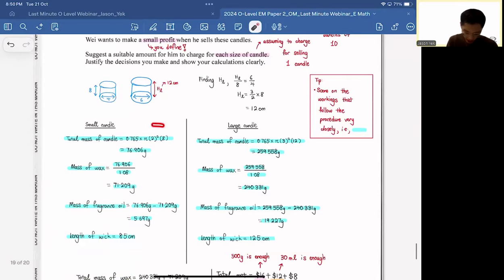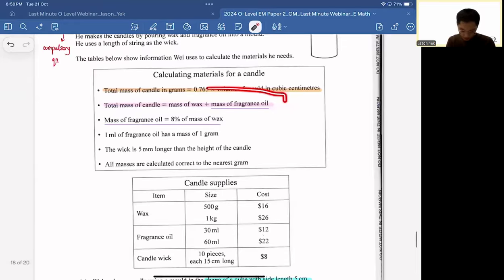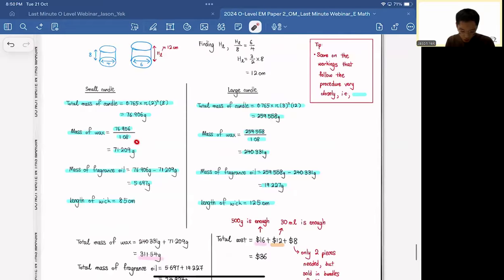So you find the total mass, and then you realize, what is the amount they are charging? So you look again, they are charging for wax, fragrance oil, candle wick. So you need to know how much wax you are charging, how much fragrance oil you are charging. How to know the mass? The procedure is given, everything is given there. Follow the procedure. Bit by bit, you know the mass of the wax, fragrance oil, length of the wick. How do I know it's 8.5? Again, follow the procedure,